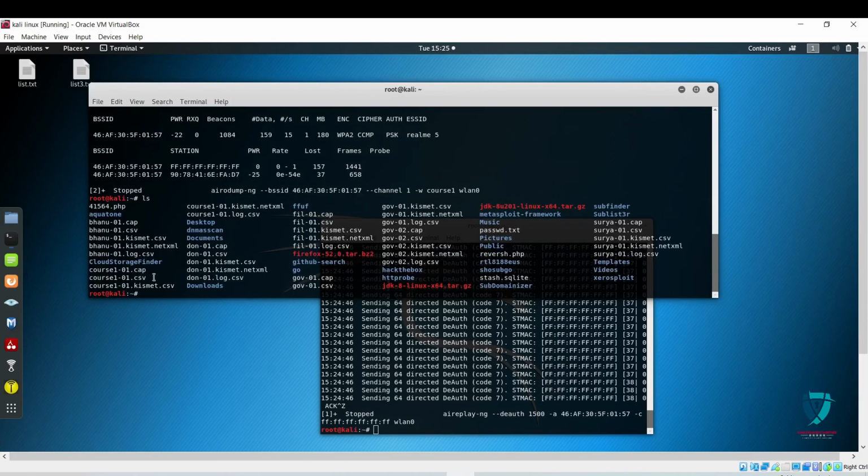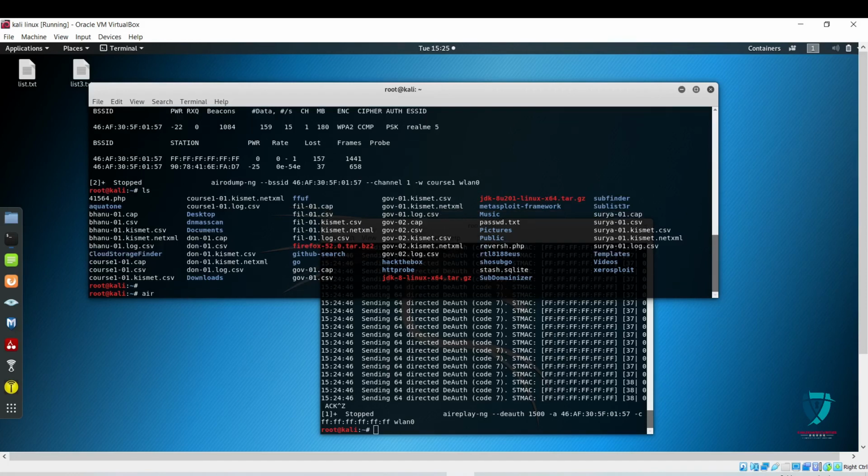Here we can see course-01.cap, so this is the file name. There are many other extensions, like csv, kismet, kismet.netxml and log.csv, but we have to use only the cap file to crack it.